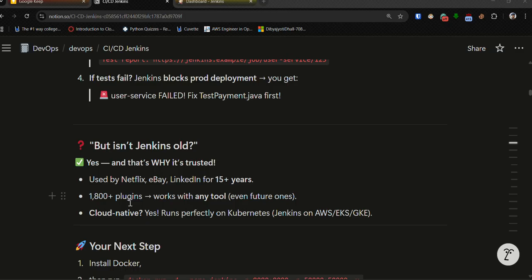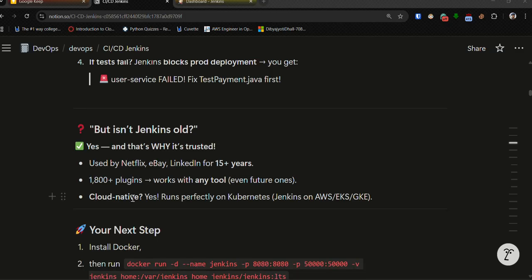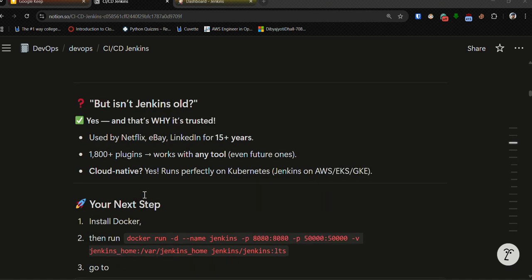So you are connecting them to your Jenkins tool, and yes, it is a cloud native tool. New tools are coming, like Kubernetes came, so it can be easily implemented with Kubernetes to deploy. Let's say you create an application that you want to deploy in a Kubernetes environment; you can do it through Jenkins easily. You can automate the process of deploying your application to Kubernetes. So first of all, we'll go to